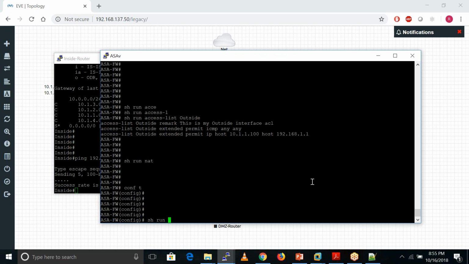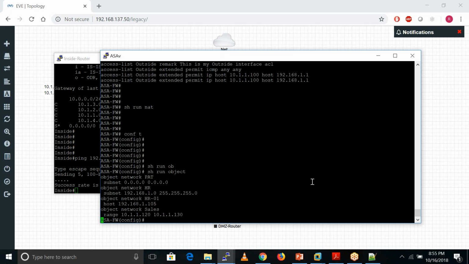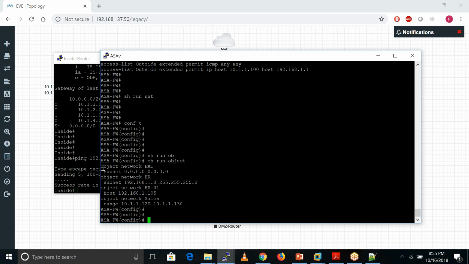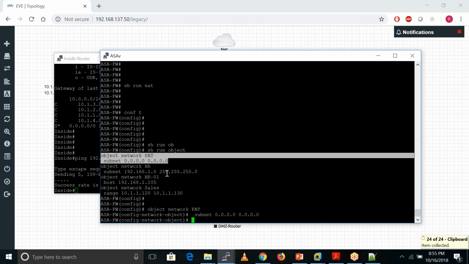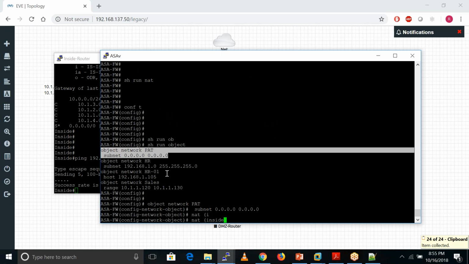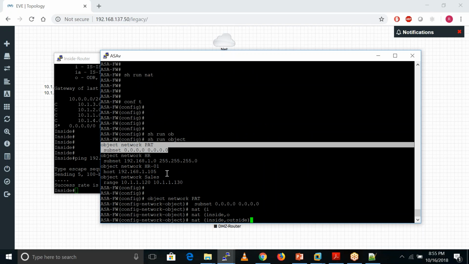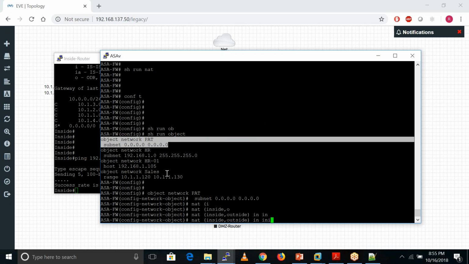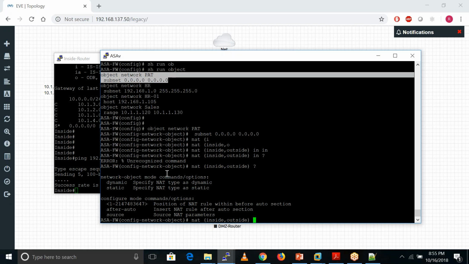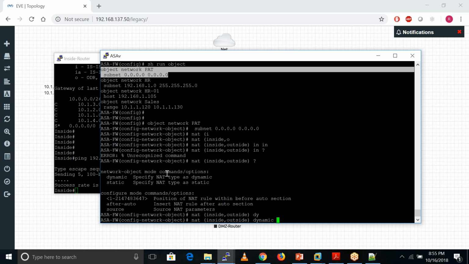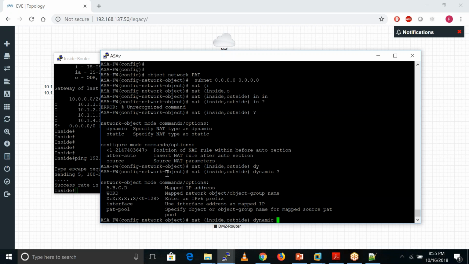Here you just think I configure the PAT over there. Here I use the dynamic command, which is the command to configure PAT.